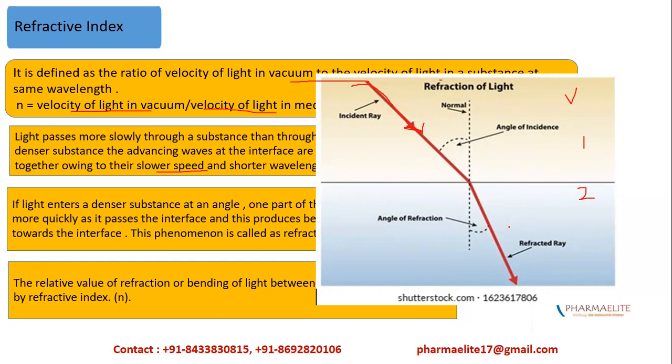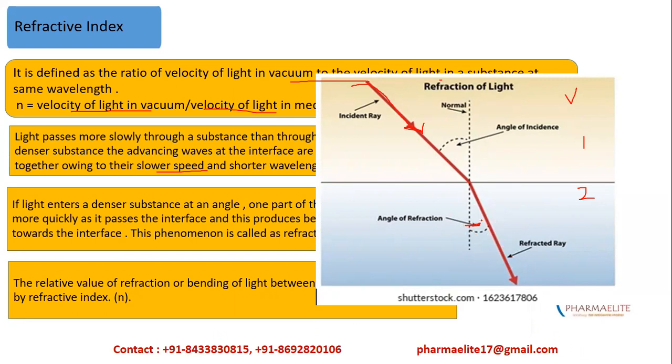So as this is refraction, this angle will be called the angle of refraction. This part is the same thing. That is, as it goes to a dense medium, it will be bent towards the normal. It will be bent on one side. It will not be the same as the angle of incidence. So this bending is mainly the phenomenon of refraction. And this angle is called the refracted angle. This is the refracted ray coming out.